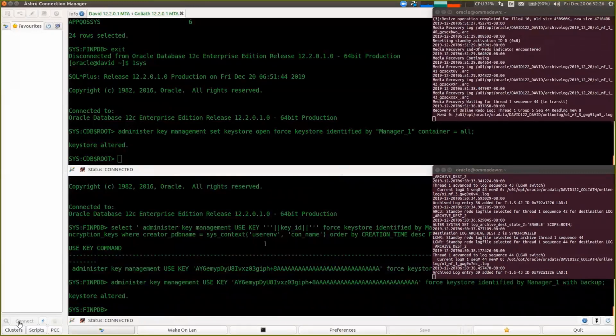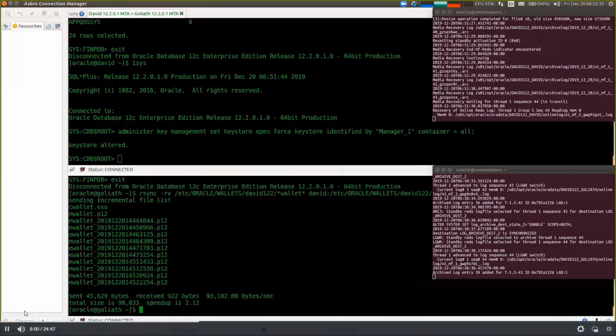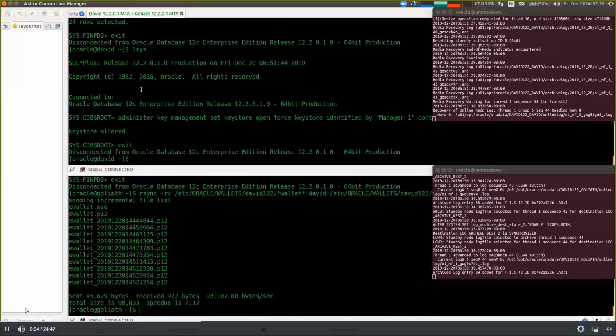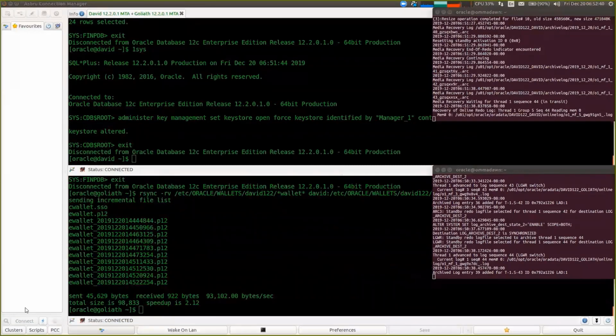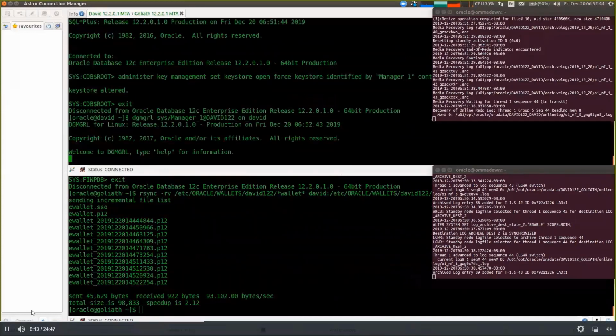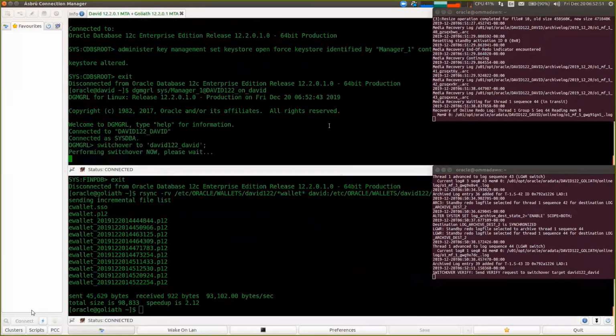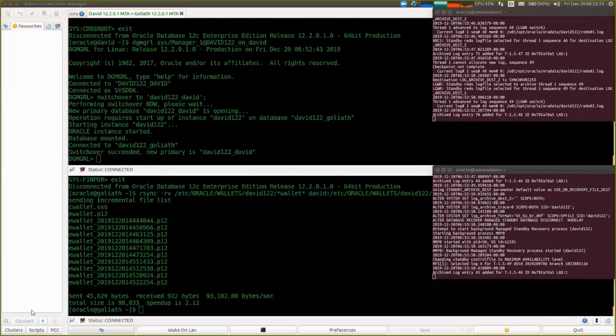Okay, that again created backups of our wallets, even though we didn't really make any changes, but still we copy everything over so that we do proper housekeeping. Okay, now we go back to our current standby database and do another role switch so that we get to the same situation that we started from. After we did that role switch, which again is unbelievably fast,